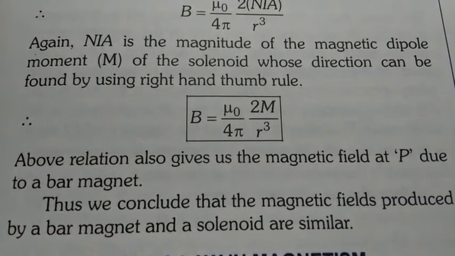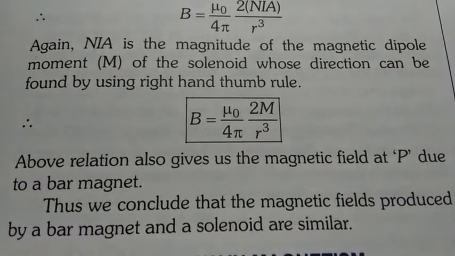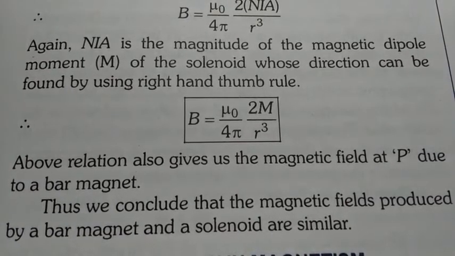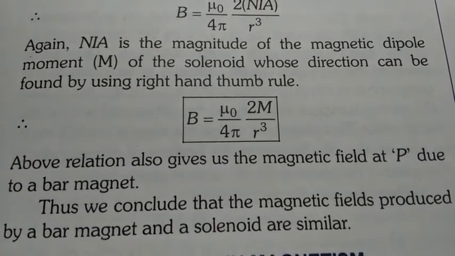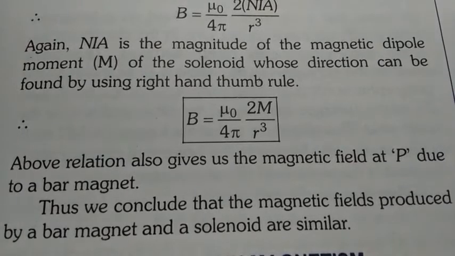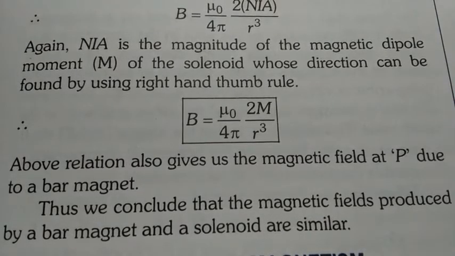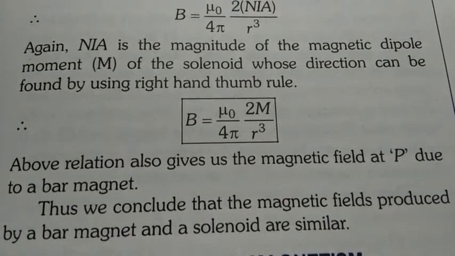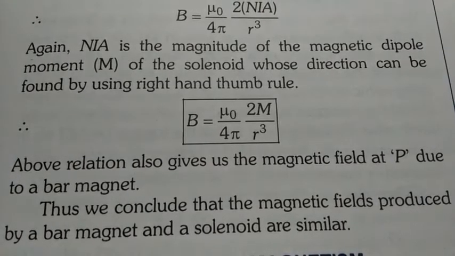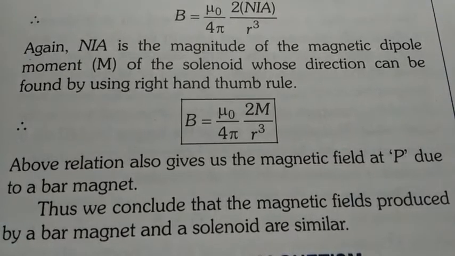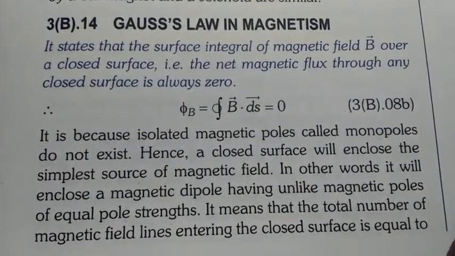In the middle of this derivation, you will feel low light. So please increase the brightness of your screen, because here the current went off, and because I have started making the video, I have to continue with the sunlight, which is also very less due to bad weather. So that's why you may feel that in the middle of this derivation, the light is a little bit dim. So please adjust it with your screen brightness.